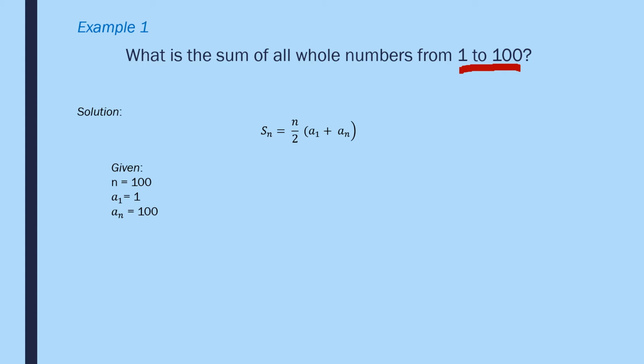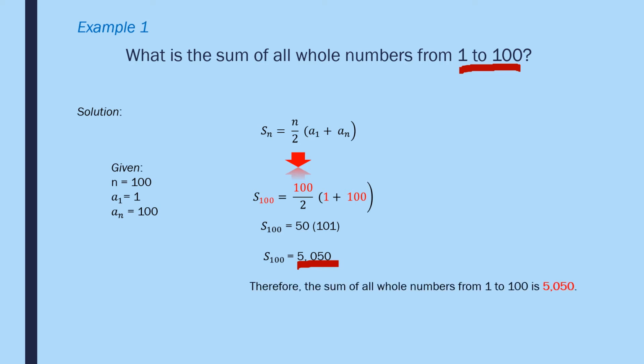So by just substitution, we have S sub 100 equals 100 over 2 times the quantity first term 1 plus last term 100. So 1 plus 100 is 101. Multiply that by 100 over 2, which is 50. You will get 5050 for the sum of the numbers from 1 to 100. What is your conclusion? Therefore, the sum of all whole numbers from 1 to 100 is